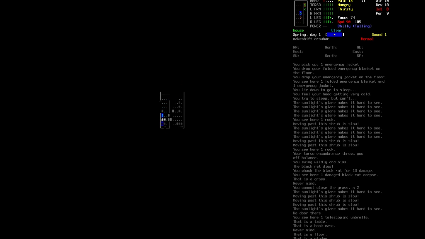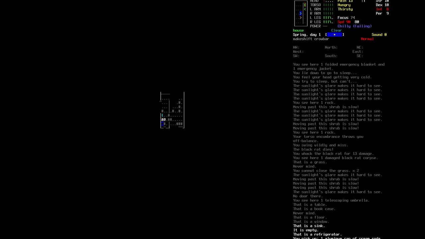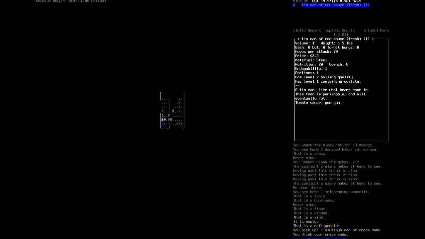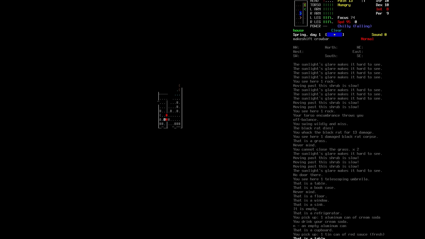Oh, crap. Close that. What do we have here? It's empty. Aluminum can of cream soda. Well, that'll be good for, see, we're thirsty right now. Unfortunately, that's not going to do a massive amount. Thankfully, we're not very thirsty, or we'd have a problem. Tin can of red sauce. Well, that's something. Uh-oh, we can hear something. Oh, no. I'm passing time here. I don't know what it is. Thankfully, we're fleet-footed, so...